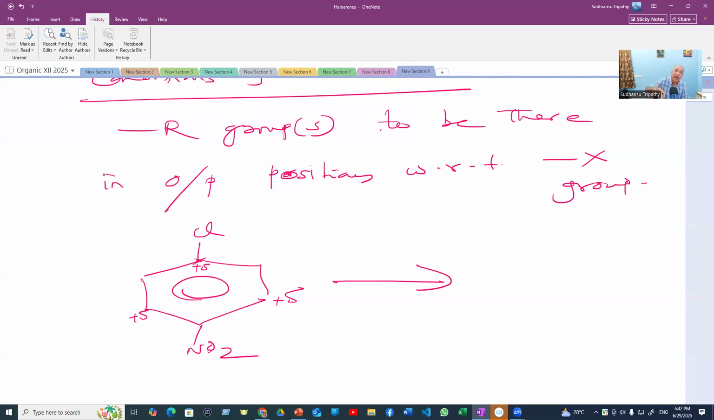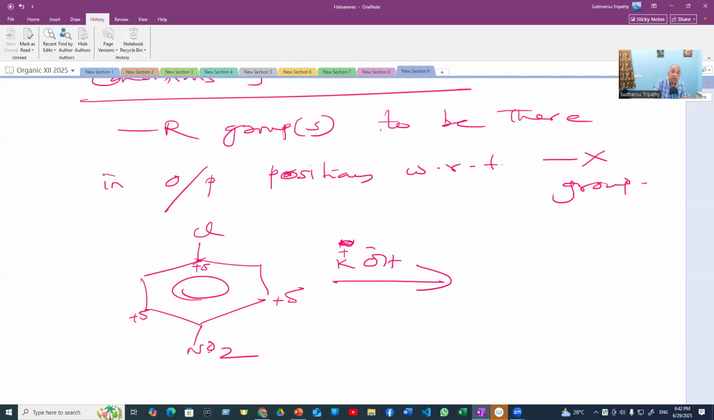Elimination followed by substitution, addition. Elimination followed by addition type of substitution, called cine substitution, will happen. So then the nucleophile, supposing you give the same KOH